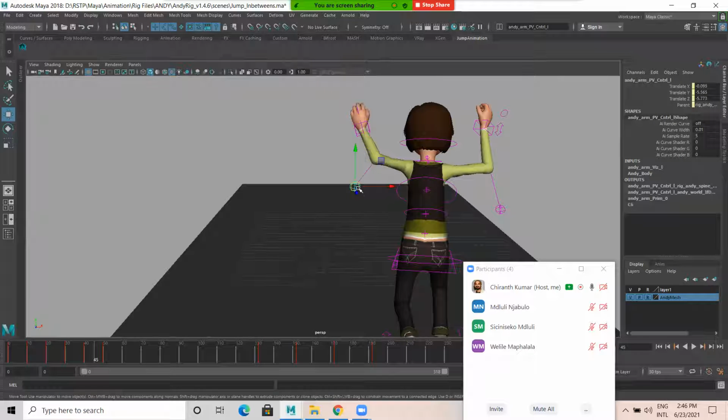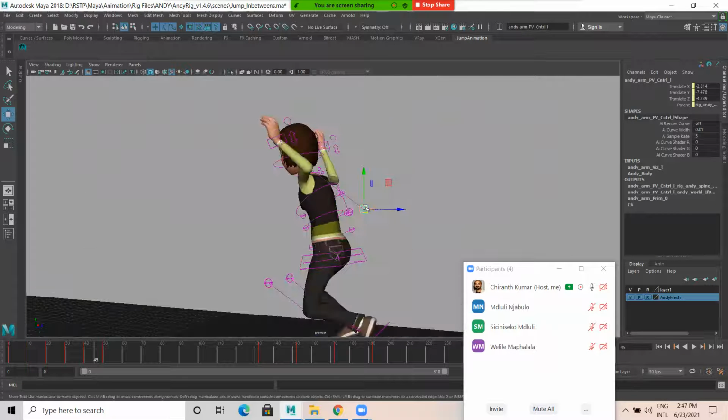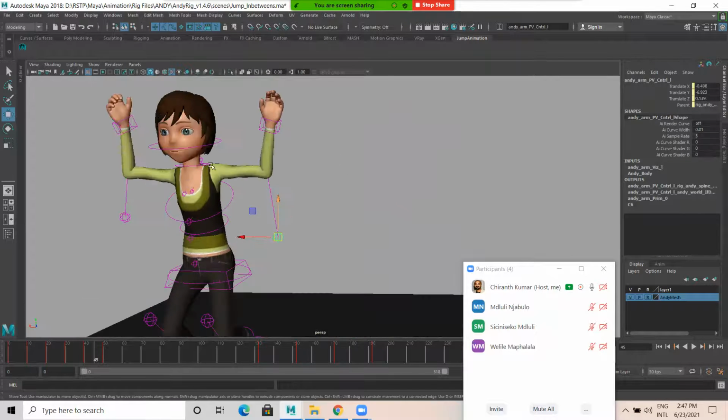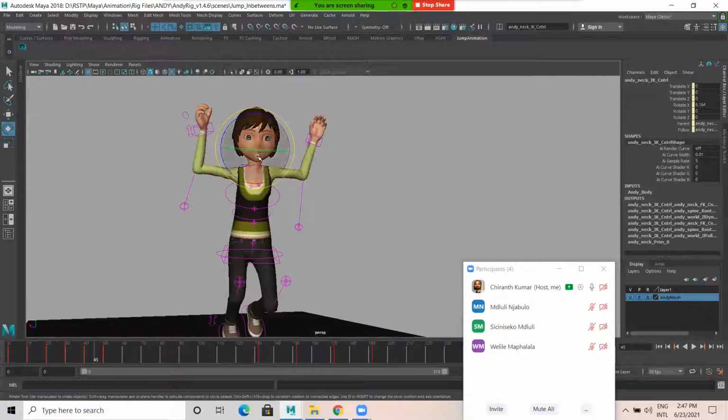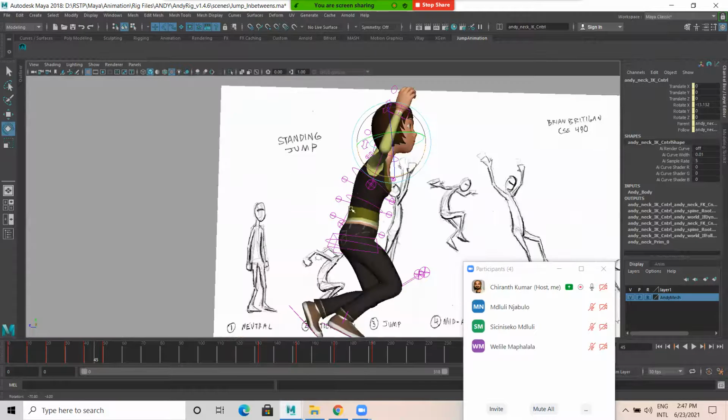So we should have a lot of patience while working in animation. Let it be like this.